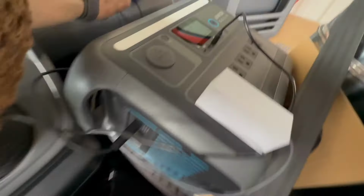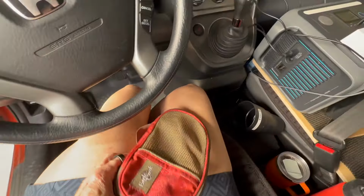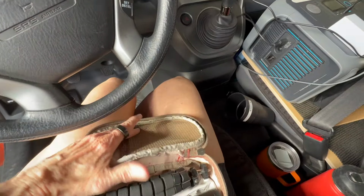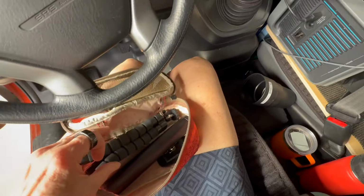So this should probably go up here. I think that's a better place for it. And let's see what's in here. This is great because it's giving me a refresher of where I put everything, because I haven't got all of this on my chart. So this is my little mini